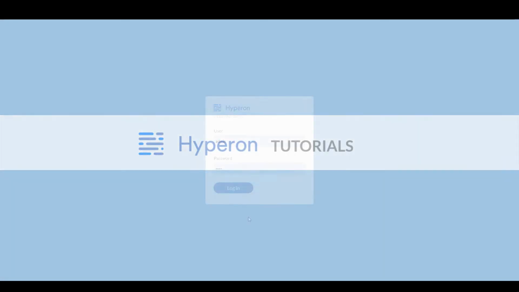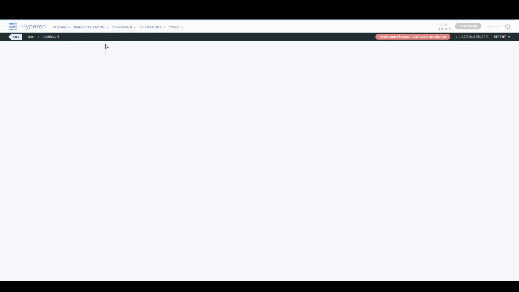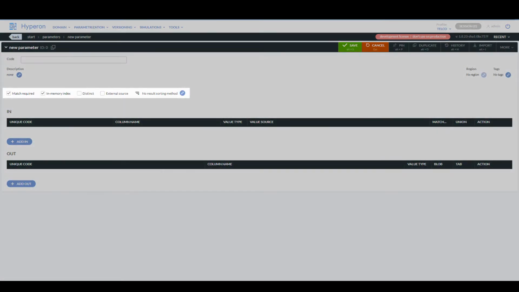Hyperon Tutorials, Parameters Part 3. In this tutorial, we will focus on settings available in the parameter definition section and their influence on the parameter